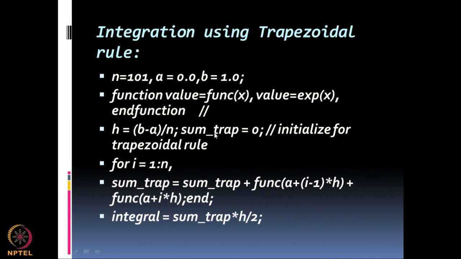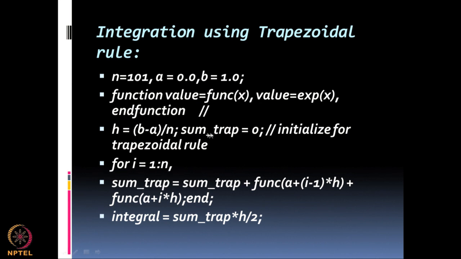Now, I am going to write a program. I define the initial value and these are comments. What is the comment? Initialize for trapezoidal rule. Then I will use a do loop. How do I use a do loop? For I going from 1 to n. So, this is the beginning of my do loop. This is like a do I going from 1 to n in Fortran. So, I am using a for statement. In C++ and other languages, in place of a do, they have a for statement. So, this is the beginning of a do loop, for I going from 1 comma n.